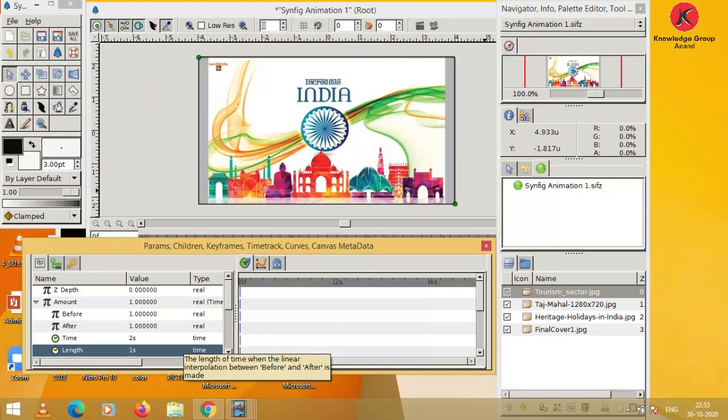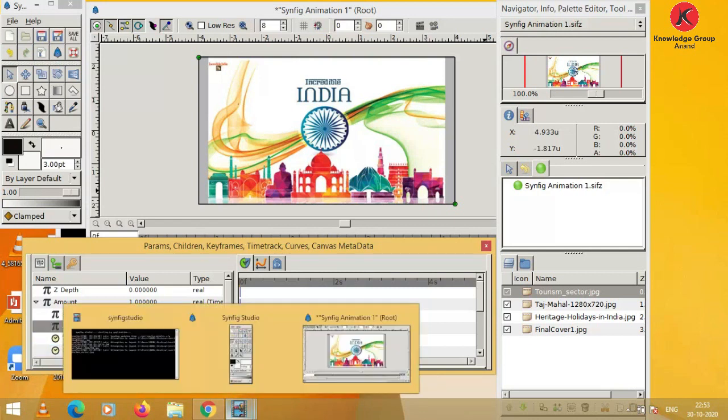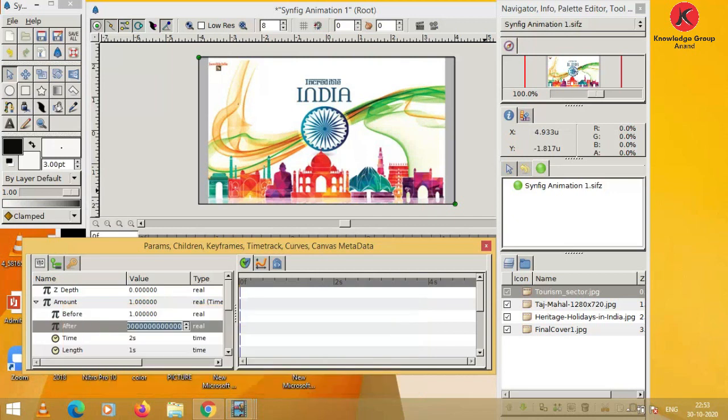So set the parameter before to 1.0 and after to 0.0. Set the parameter after by single clicking, typing 0.0 directly and pressing the enter key. Now set the time. Single click on it and set the time here for the image.